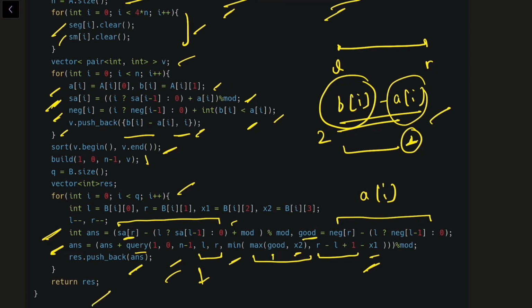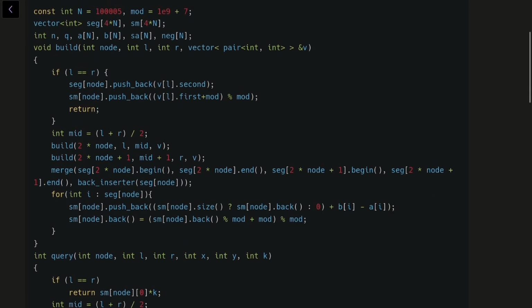So basically the problem boils down to finding the sum of k minimum elements using merge sort tree, right? Now I'm going to explain the merge sort tree. If you understand merge sort tree, then only proceed from here. Otherwise pause the video here, go read about merge sort tree first, then come back here. Okay, so now let's move on to the concept of merge sort tree.